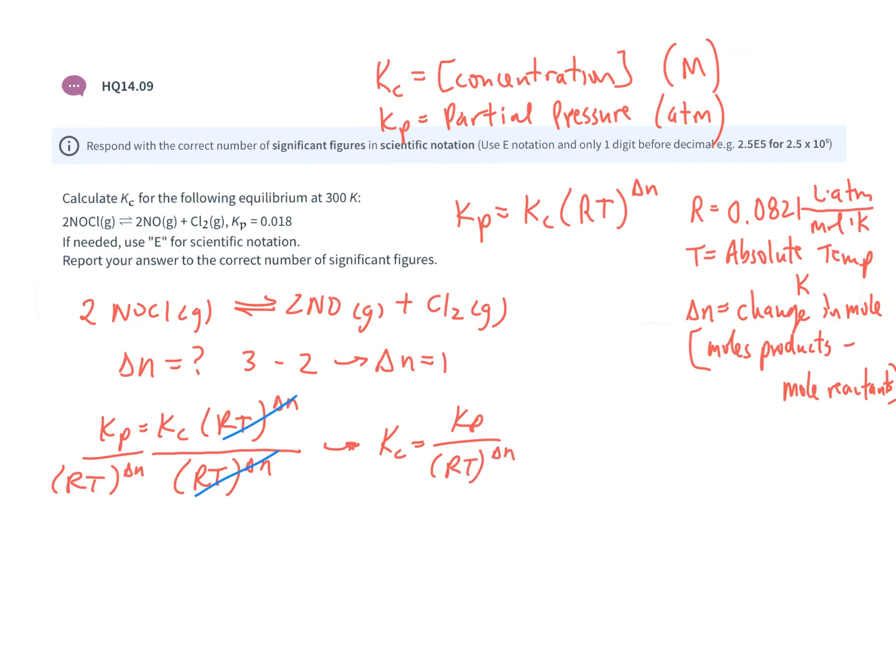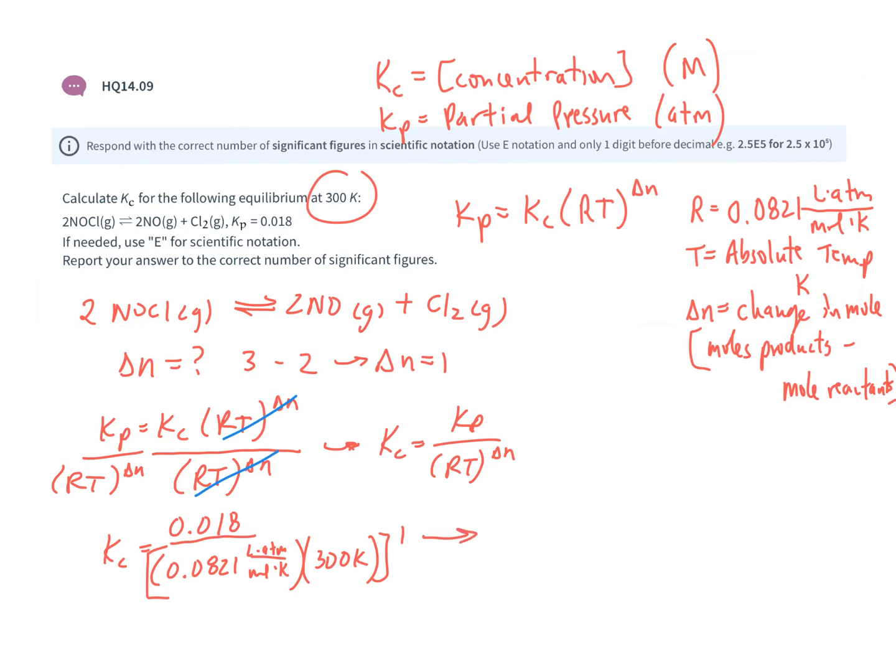Now I can plug into my calculation to determine Kc. Kc equals, well, my value of Kp, 0.018, over my value of R, 0.0821 liter atm per mole Kelvin, times my absolute temperature. They did us a favor. They already gave us temperature in Kelvin. And all of this is raised to the value of 1. So if I multiply and divide,